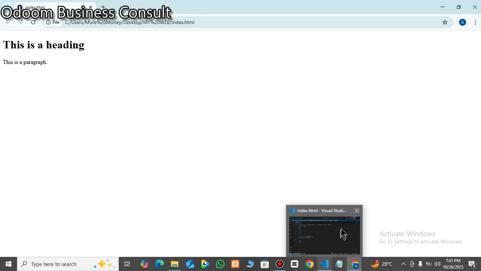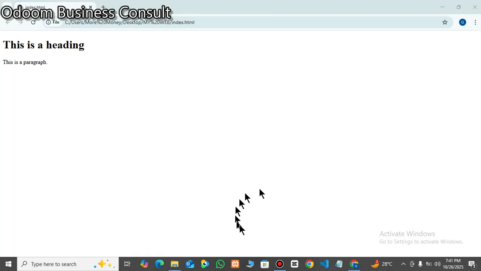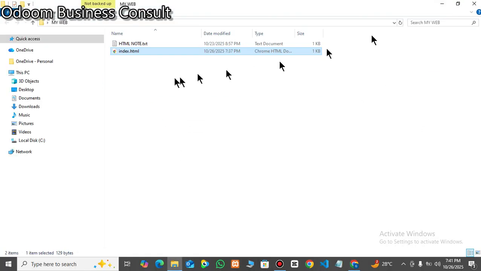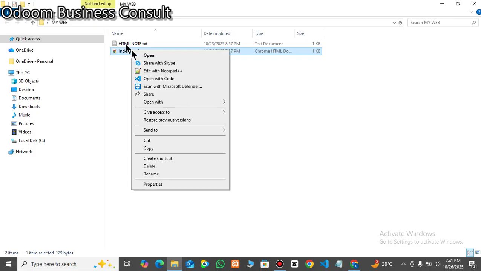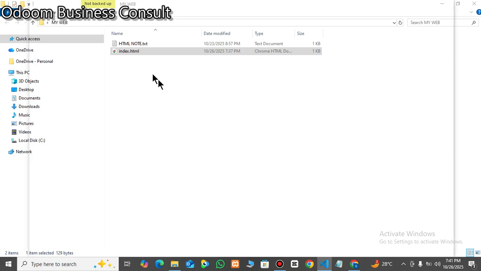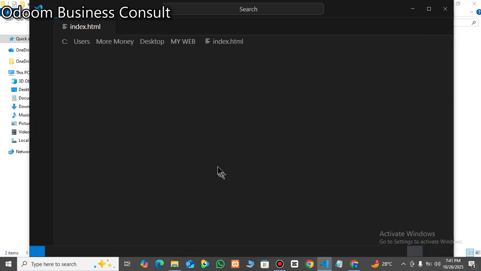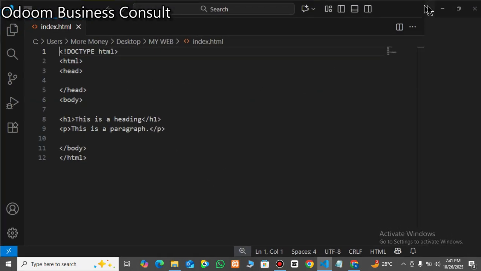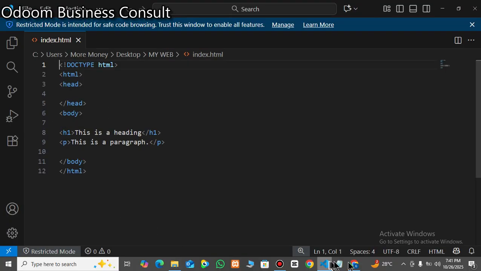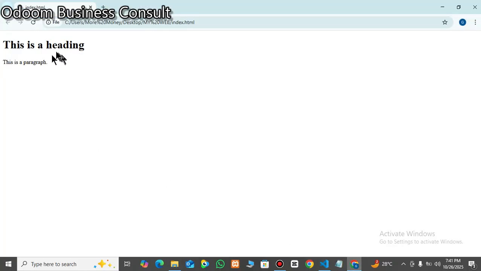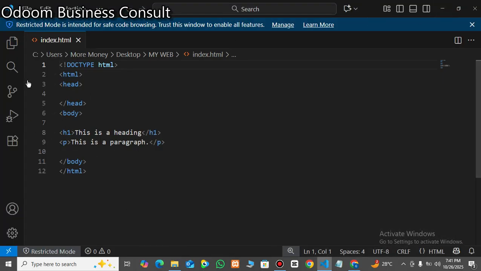Okay, so in the text editor, let me open it for you to see. So let me go back to the folder. Let me open it with Visual Studio Code. Okay, so open with code. So if I open it, you're going to see the source code. So this is the source code for this simple HTML. Okay, so we're going to have